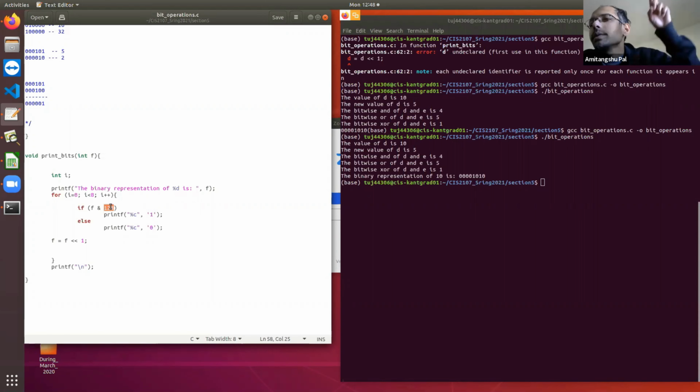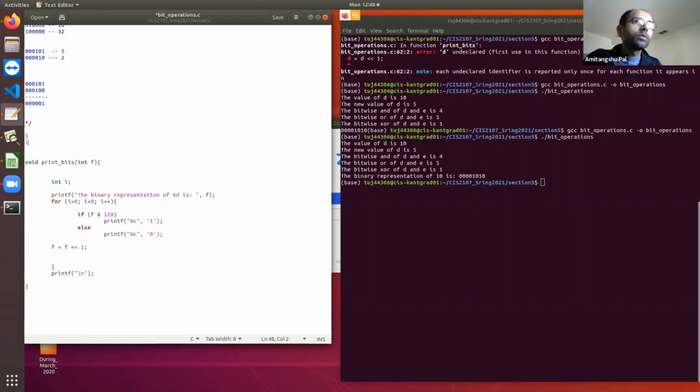128 is 2 to the power 7. That means only in the 7th position you will have 1. All the other remaining positions are going to be 0. Then only you will get 2 to the power 7, right? So 128 means the 7th position is 1 and the other remaining 7 positions are 0.